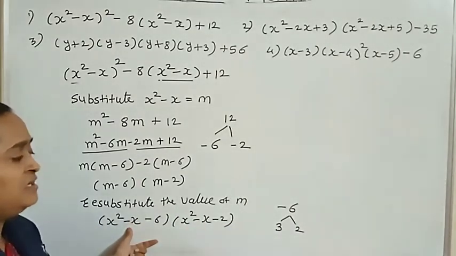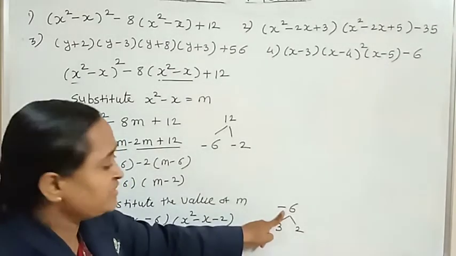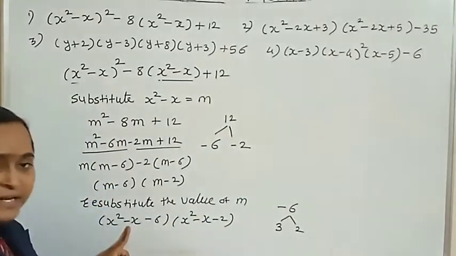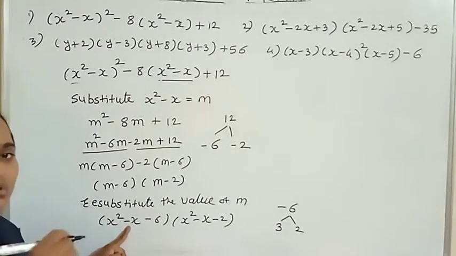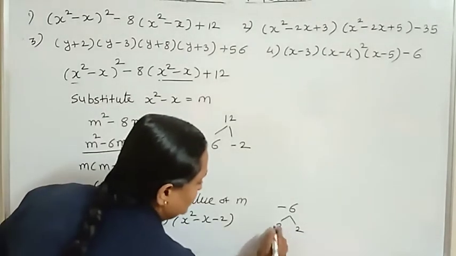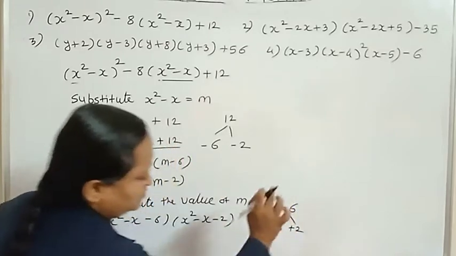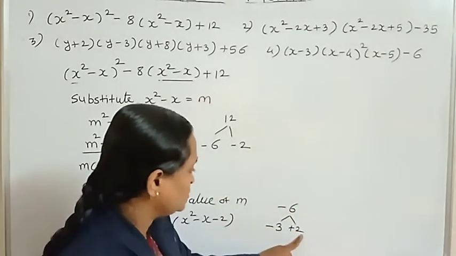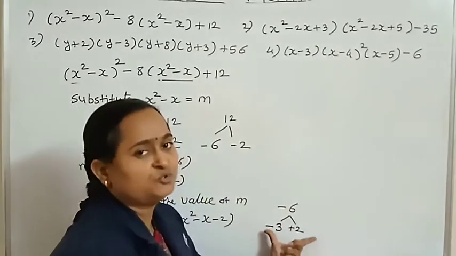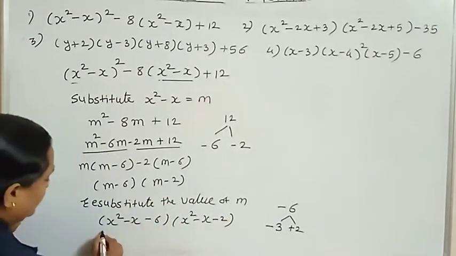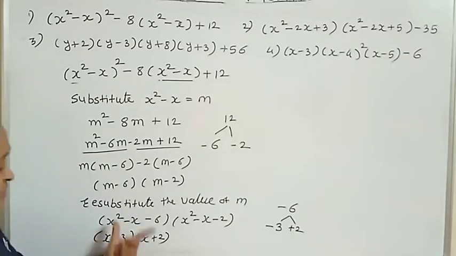Now we have to give the sign. The same sign will not be there, because the multiplication is negative, so different signs will come. See, you have to look at the middle number's sign. The middle number's sign is negative, so give this negative sign to the bigger number, and the bigger number is 3. So give the negative sign here, and the remaining plus sign to the next number. Then minus 3 into 2 plus 2 gives minus 6. In this way, if the third term is negative, you have to give different signs to both numbers. Now we write the factors x minus 3, x plus 2. These are the factors of this bracket.